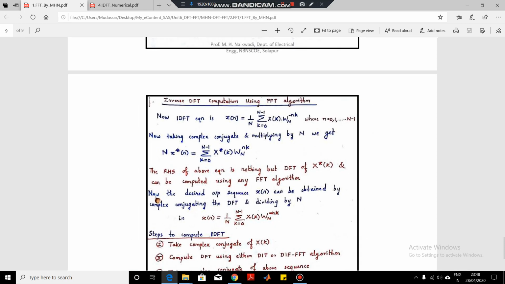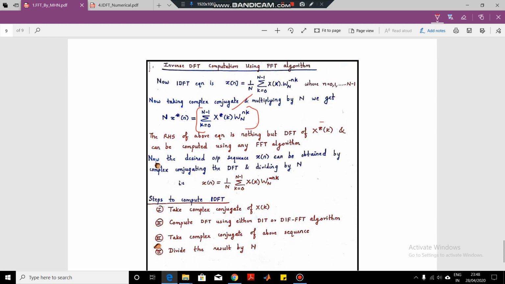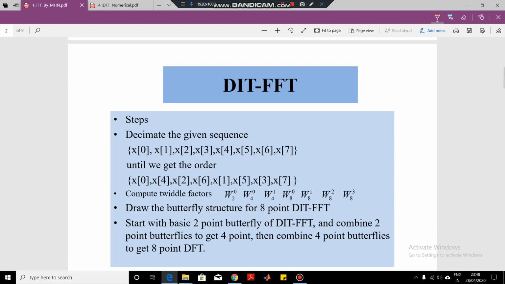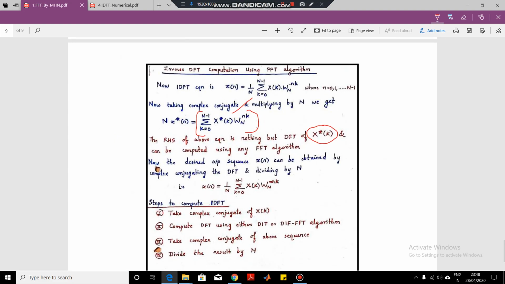So when we do this, what changes occur in this equation? You can see the changes that take place here. On the right hand side we have got this equation. If you closely look at it, it is nothing but the DFT of x conjugate of k. That means in our normal DFT equation we had the simple equation of DFT, but now it is modified in this fashion, only we have the complex conjugate. In the normal DFT equation we have x of k, but here we have x conjugate of k.